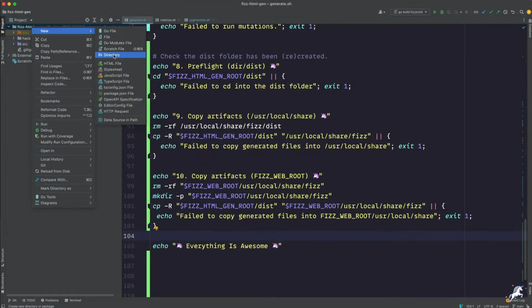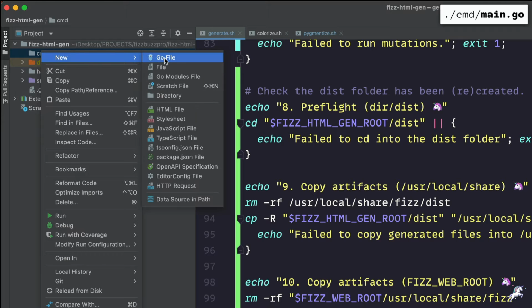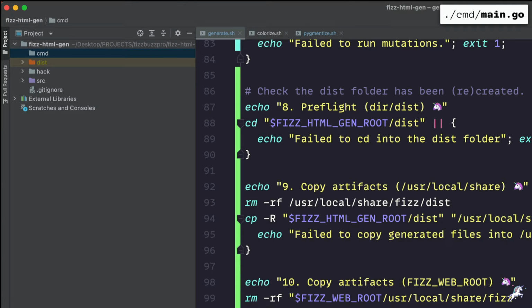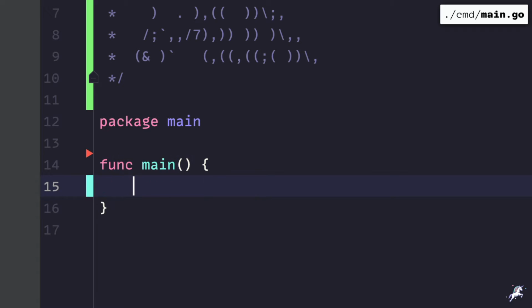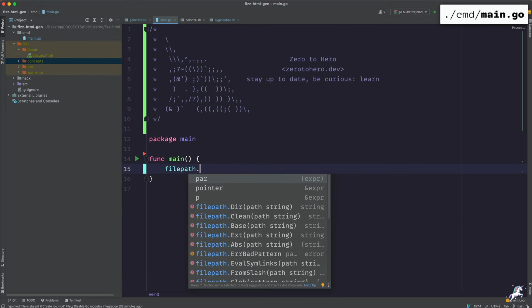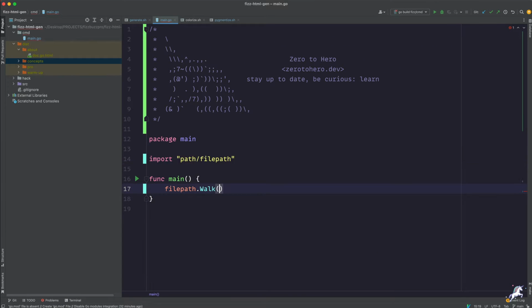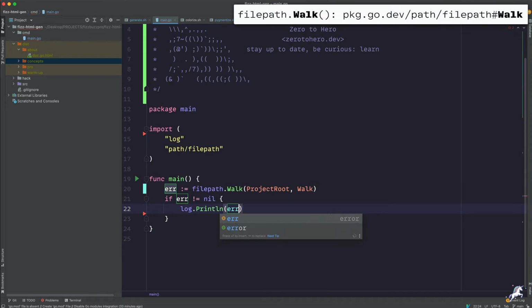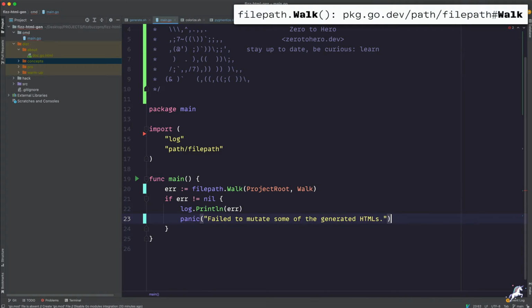So let's start writing this Go file. We'll create a command folder and add a main.go into it for starters. And since this is our main entry point, we'll have a main function here. Also, we'll have to name our package main to make it a runnable file. Our program will do a bunch of things, but in essence, it will do a directory traversal, and for that, the Go standard library already has a utility method called filepath.Walk, which takes a folder root and a walker function as its arguments. So I'll add some error checking here,